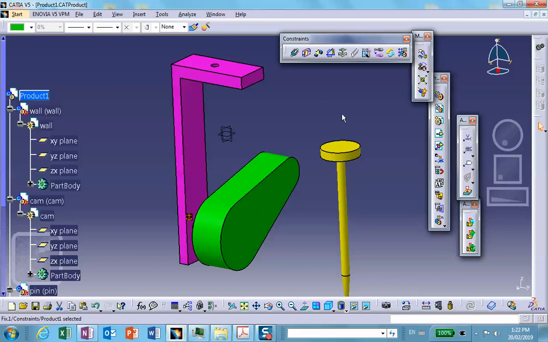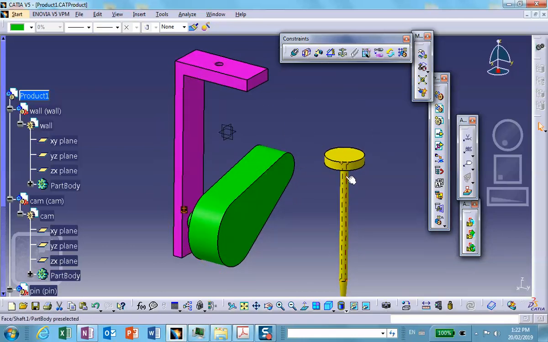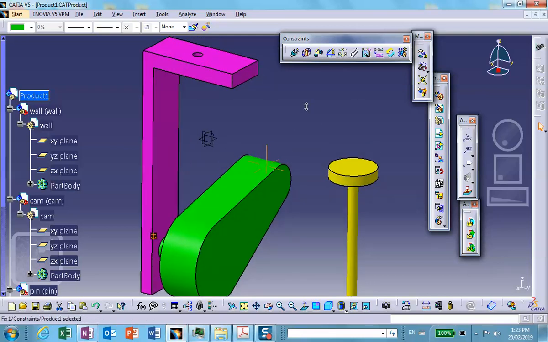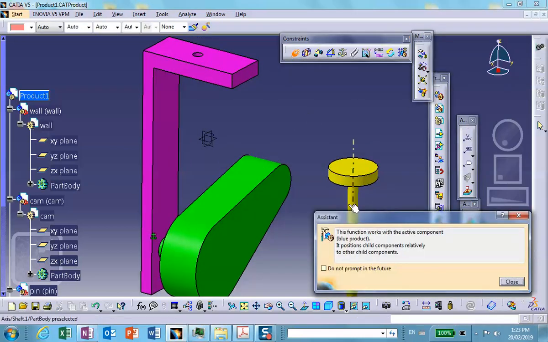Now keep in mind that this pin, if I just make it axis to axis, it becomes a cylindrical joint, so it's allowed free to rotate or spin about its own axis, and that is going to give you an extra, unwanted degree of freedom. So what I'm going to do is make this prismatic as it slides up and down that hole. The way I'm going to do that is to say that it coincides the axis of the pin and the axis of the hole,